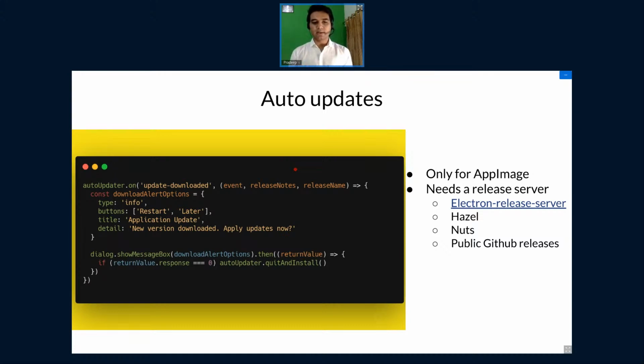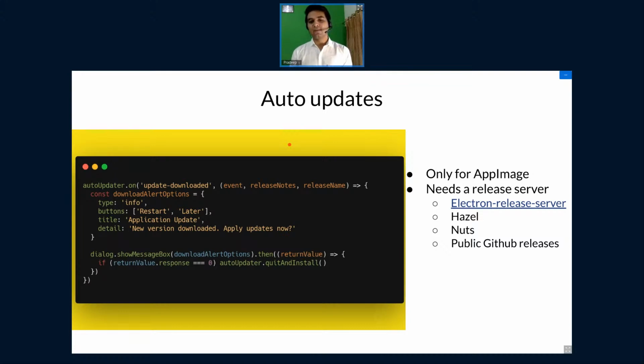So you are stuck with the inbuilt auto updating module working only on AppImage on Linux. It works very well on Windows and Mac, but on Linux it works only for AppImage. So remember that. Right now we are completely talking about AppImage only. If you want to auto update your AppImage,